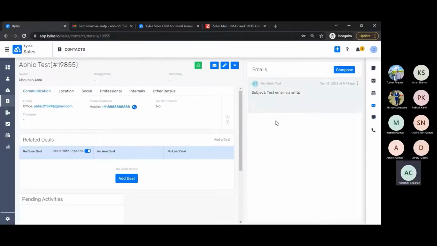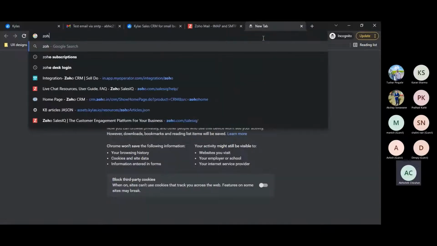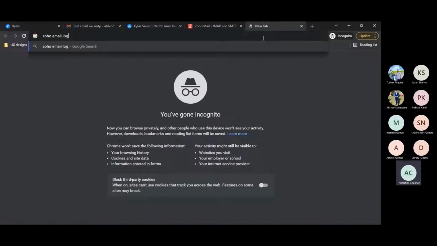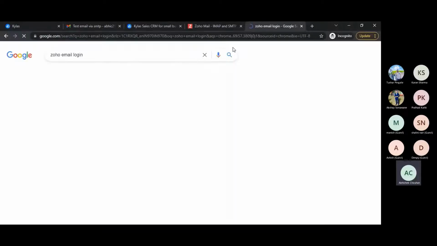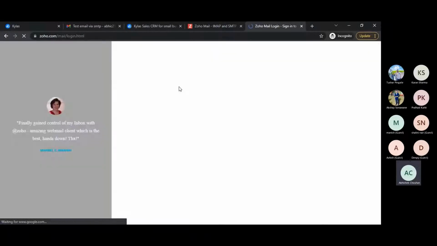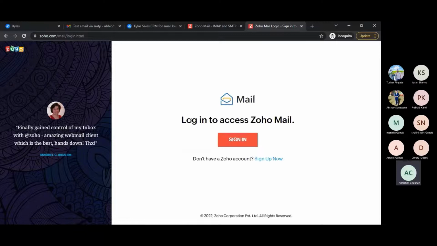So what we are trying to achieve here is that you don't have to actually go to Zoho email and log in. There is another interface of Zoho email as well, where I could go and log in, but I don't need this. Why? Because I am now able to connect my Zoho email